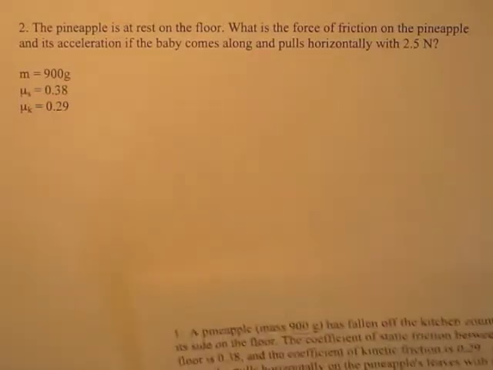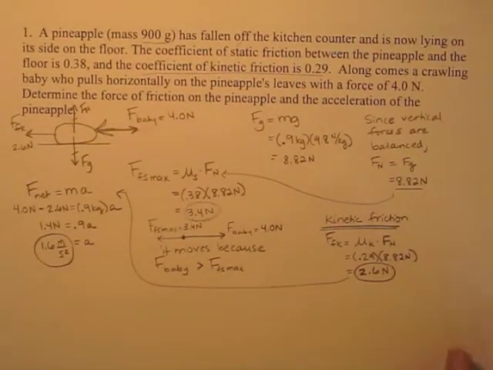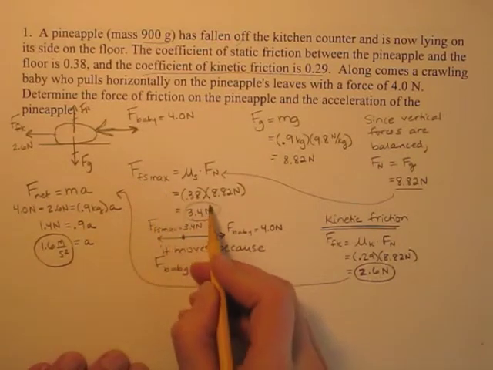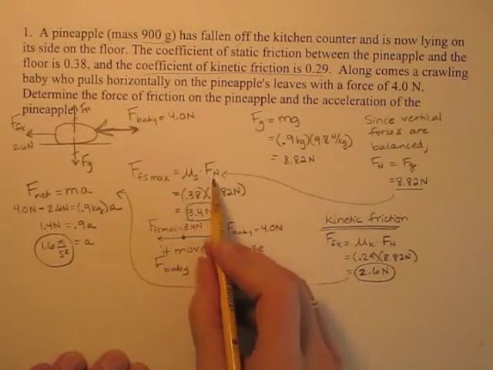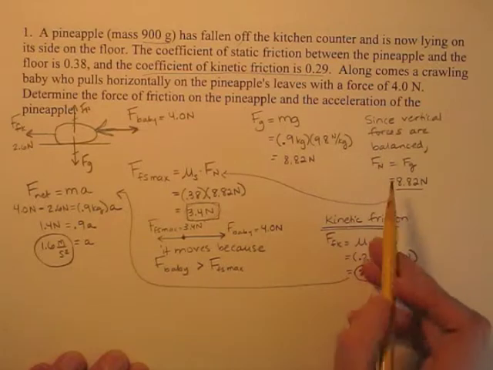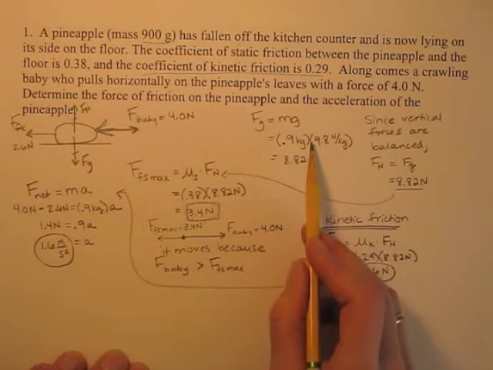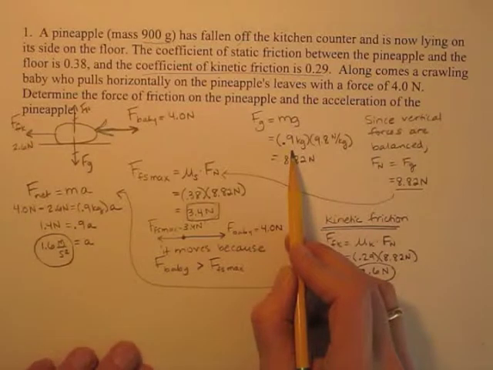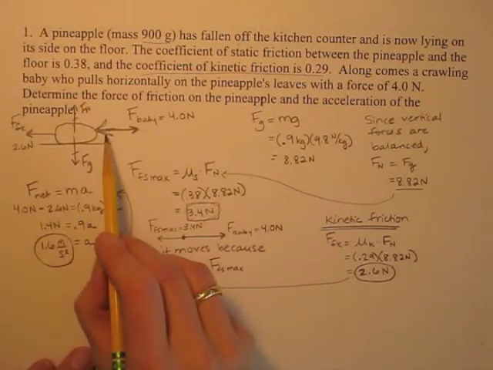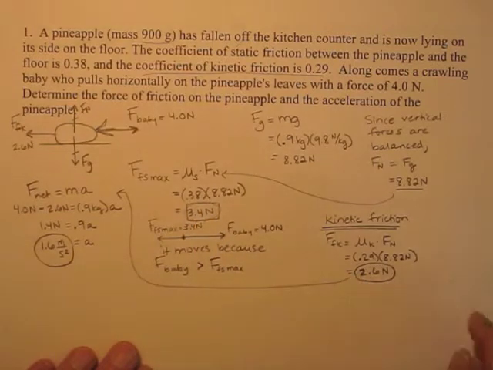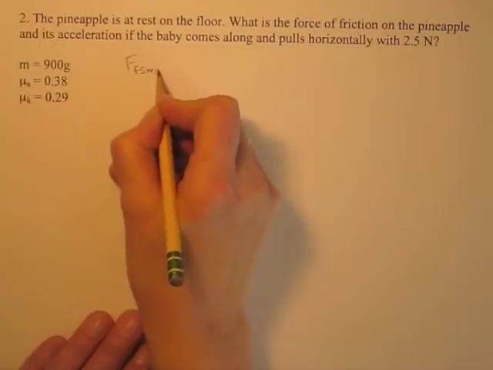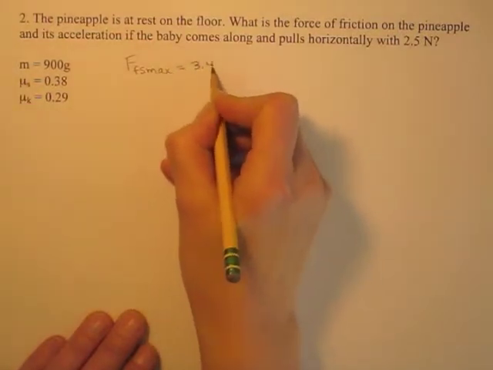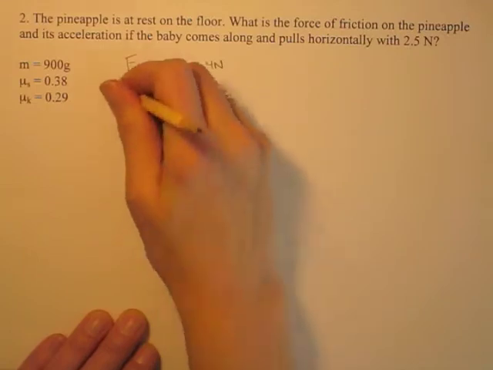Well, from last time, we found that the maximum force of static friction was 3.4 newtons and the kinetic friction was 2.6 newtons, and those depend on the normal force. So if we haven't changed the normal force, which hasn't changed because the mass of the pineapple has not changed, and we still have only horizontal forces, these forces will be the same. So I'm going to go ahead and transfer those. So the maximum force of static friction was 3.4 newtons. And the force of kinetic friction